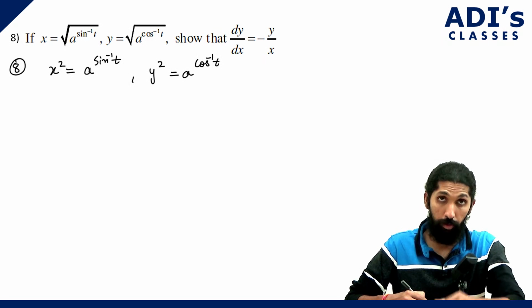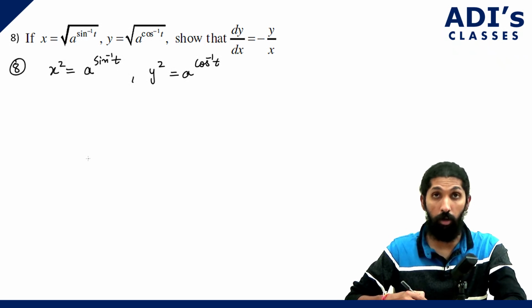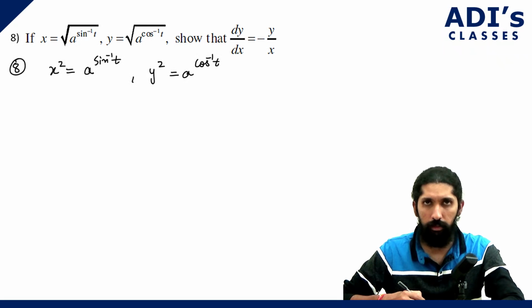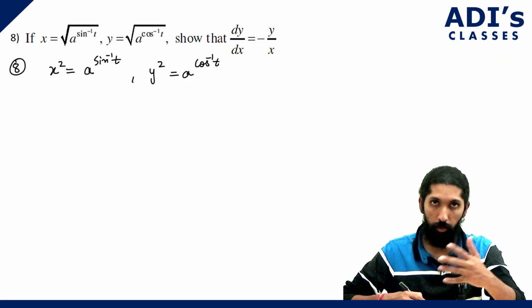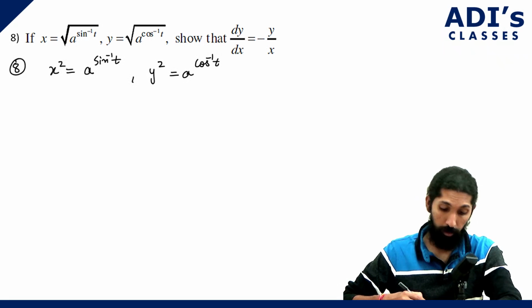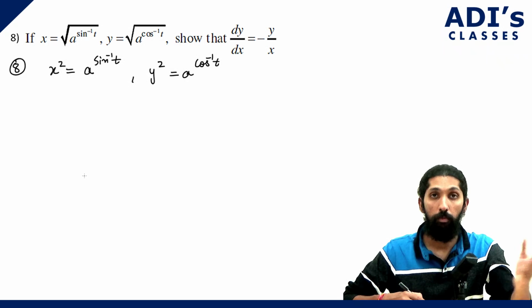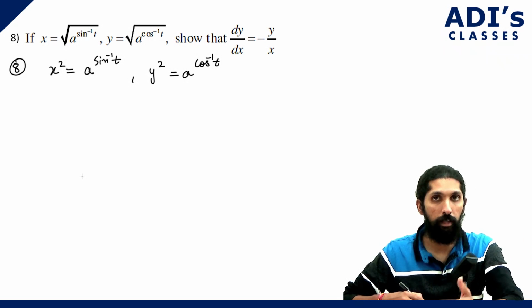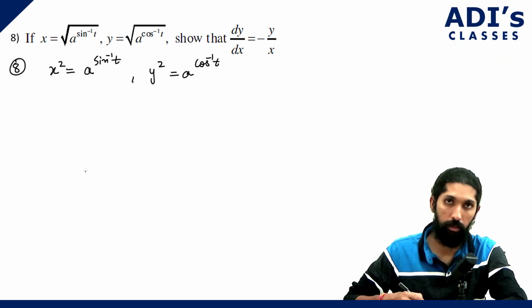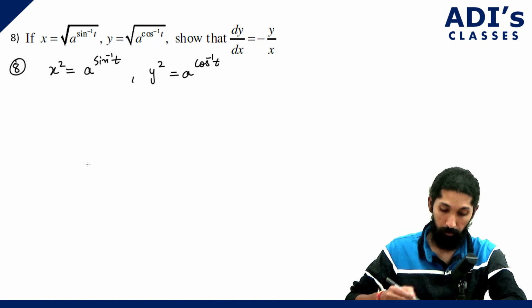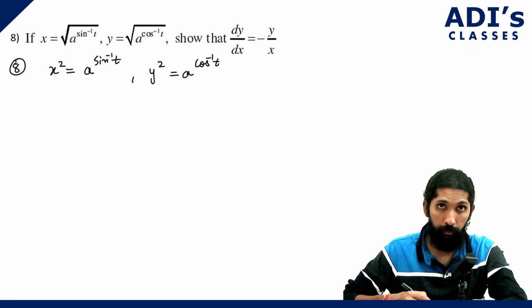Now you can take log on both sides, which is going to make things a lot easier if you want. Or if you want to differentiate like this, you can differentiate like this also. Both of them will give you the same answer at the end anyway. It's not going to make much of a difference. Anyway, now let's directly differentiate. We're going to get